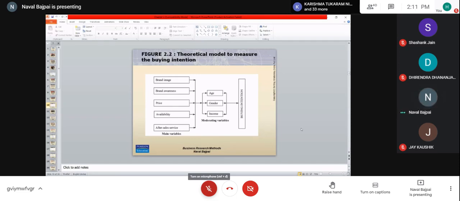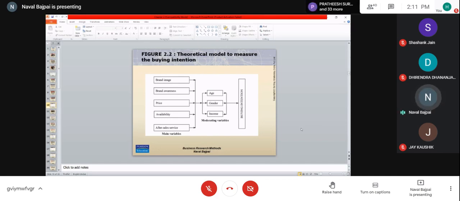For my research, this is the buying intention. My research right now is focusing on this buying intention, where my understanding of buying intention is based on 5 main variables and 3 moderating variables. There may be many more things in the world, but my understanding of buying intention for my research is limited to this only, because this theoretical model would ultimately be applied everywhere.